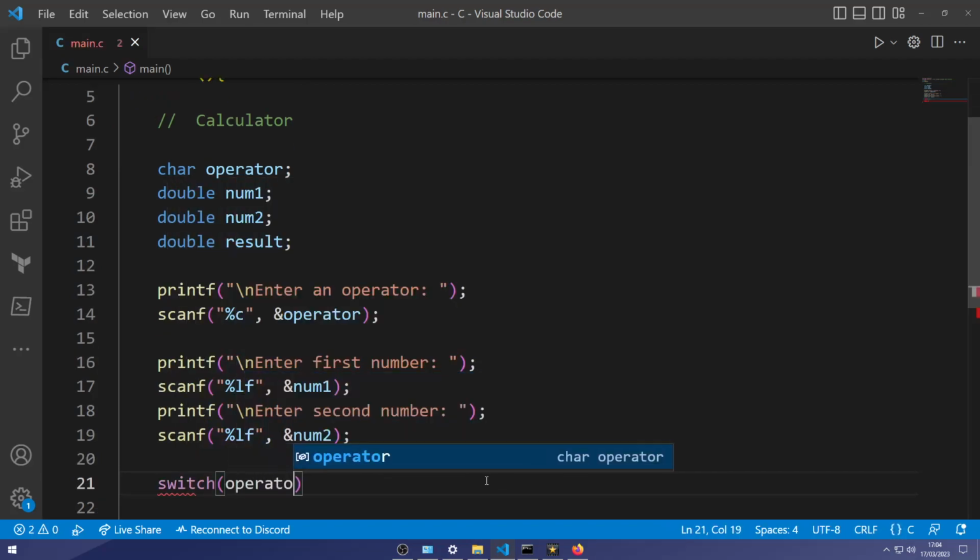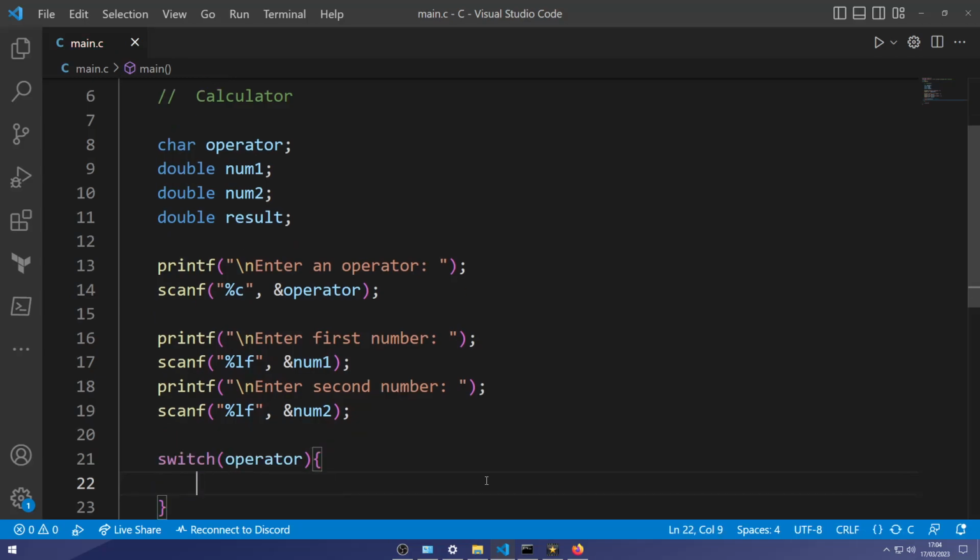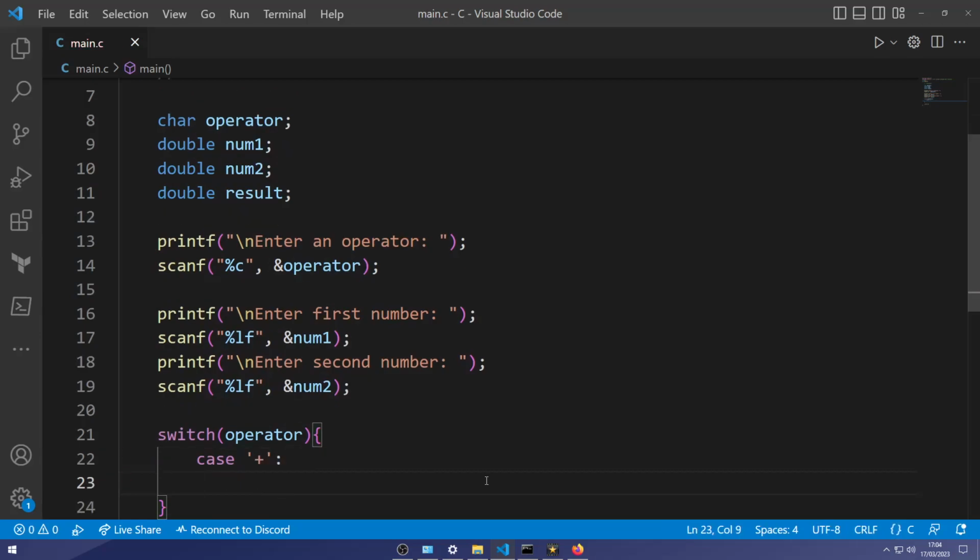Now we're going to use a switch operator, which is kind of like that if statement that we were using in the F to C converter. But it's just called a switch instead of if else. It kind of does the same thing, just a different way of doing it.